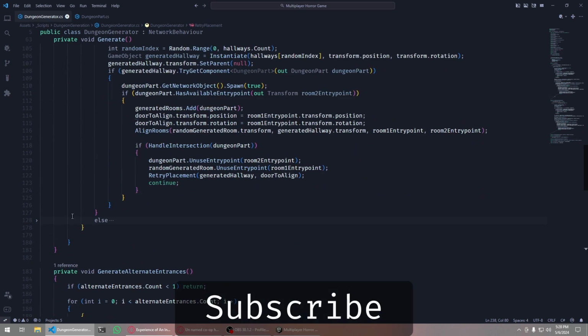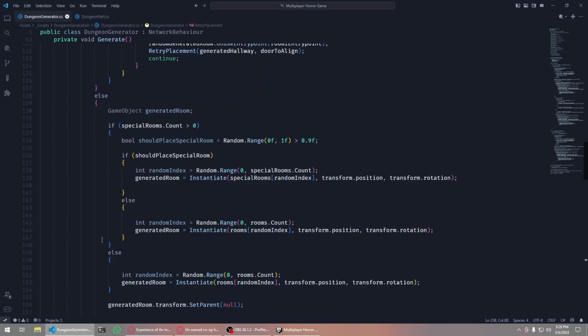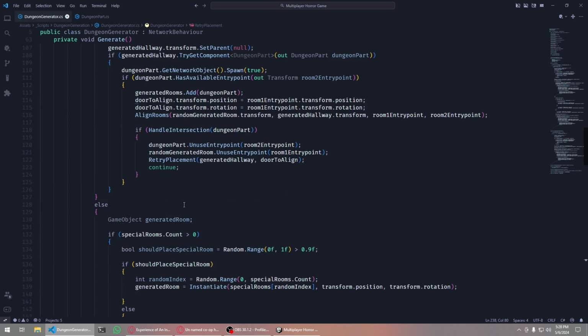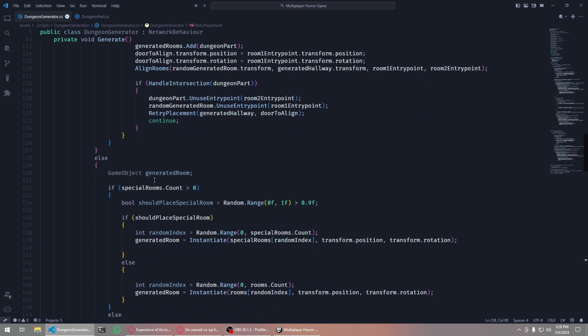So next up, this logic is pretty similar. How I place the hallways is how I place the rooms, the special rooms, the alternate entrances and everything else. So I get a generated room here,